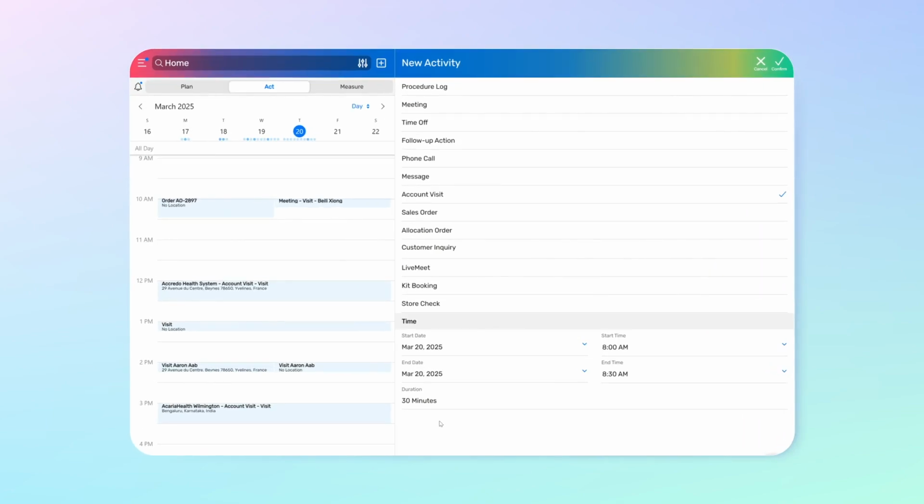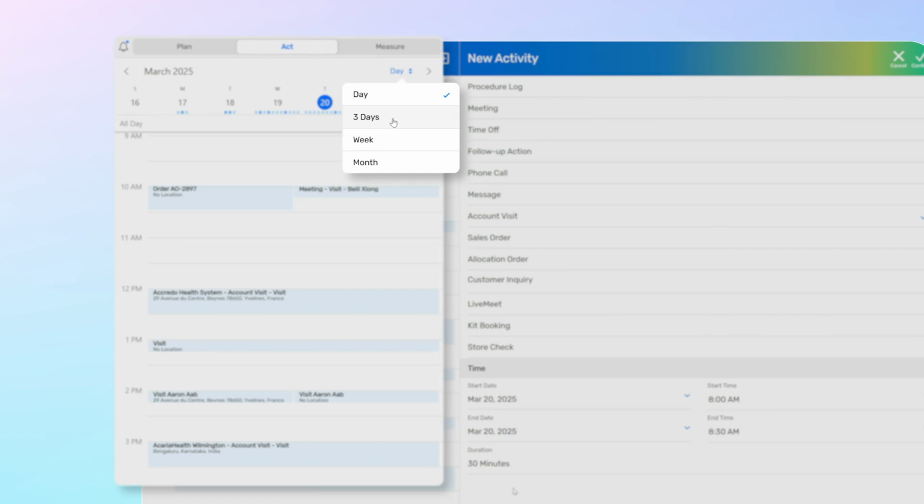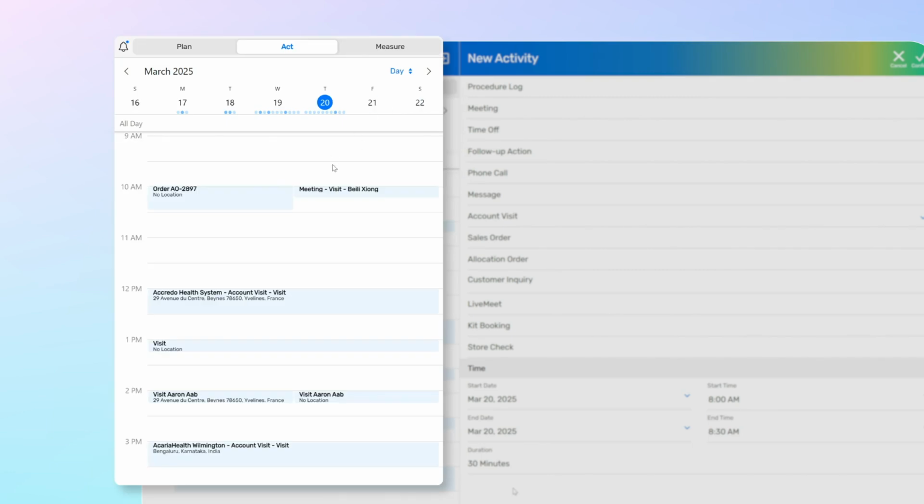This is a calendar function in our mobile app, Go App. As a rep, you can check out your calendars here. You can view it by day, 3 days, weekly or monthly calendar. So you can switch between different time frames, and you can check out all the activities you have scheduled for